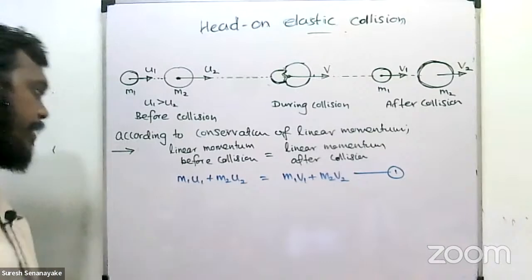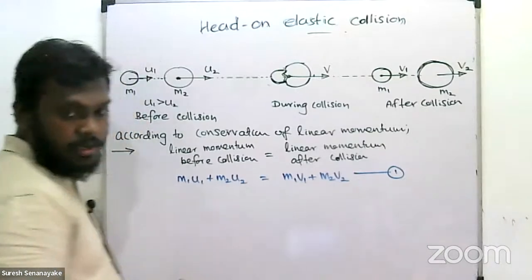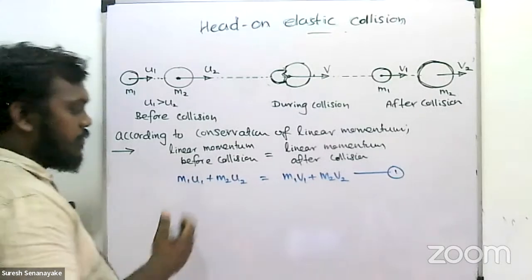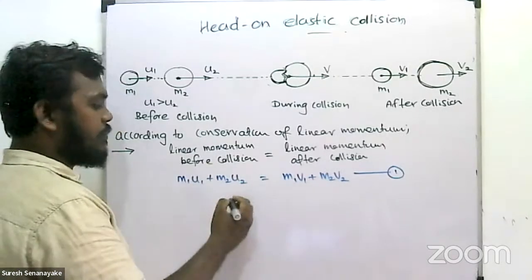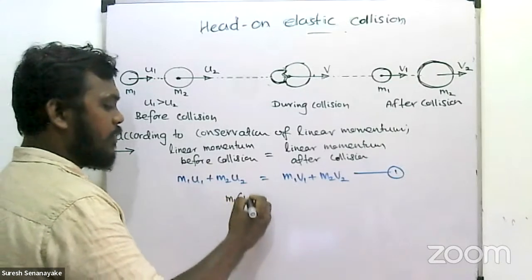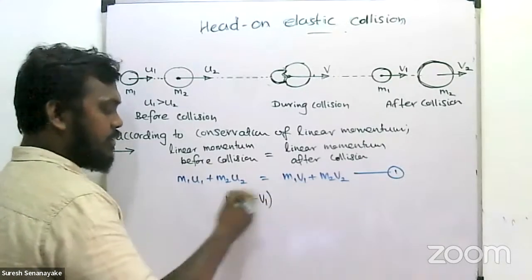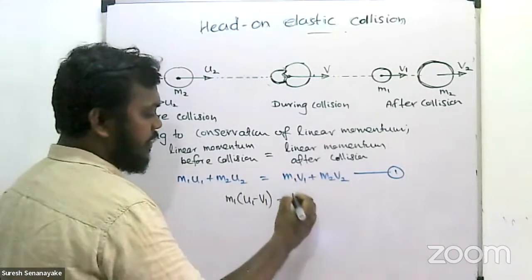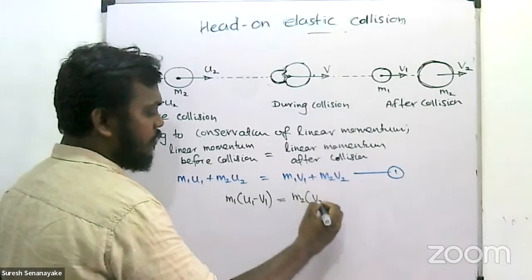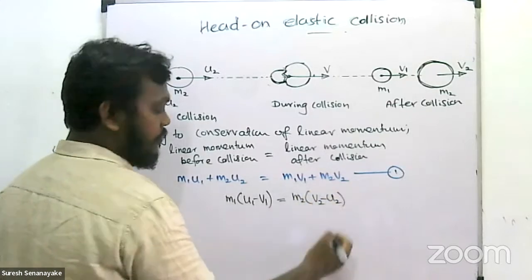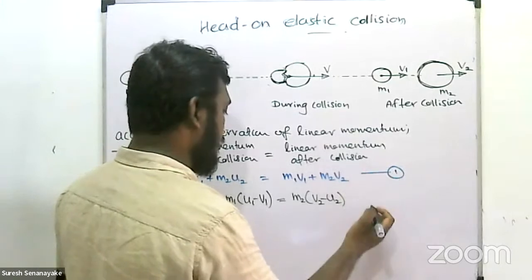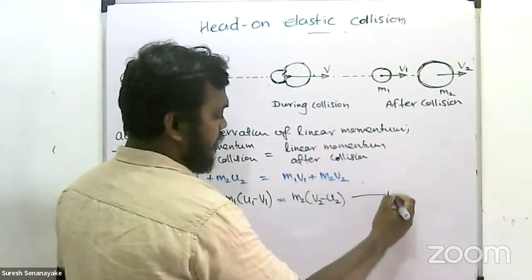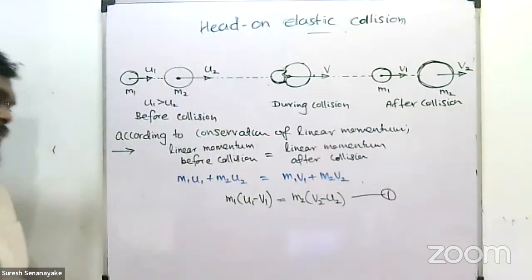And then I'll rearrange this equation a little. What we can do is take the m1 terms to one side and the m2 terms to the other side. The m1 terms go to this side as m1 times (u1 minus v1), the v1 taken to this side, m1 v1. The m2 u2 goes to the other side, then m2 taken out, then v2 minus u2. It's easy, we will take this as the first equation.